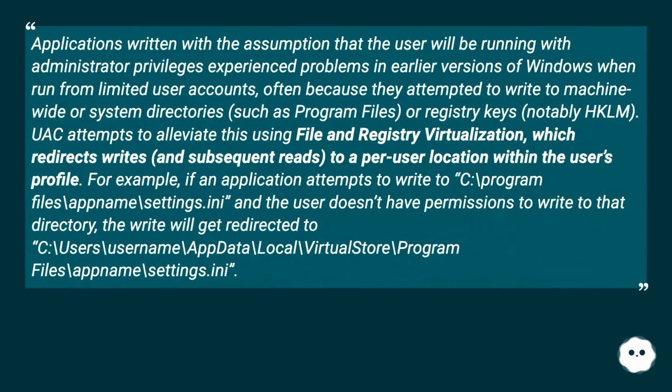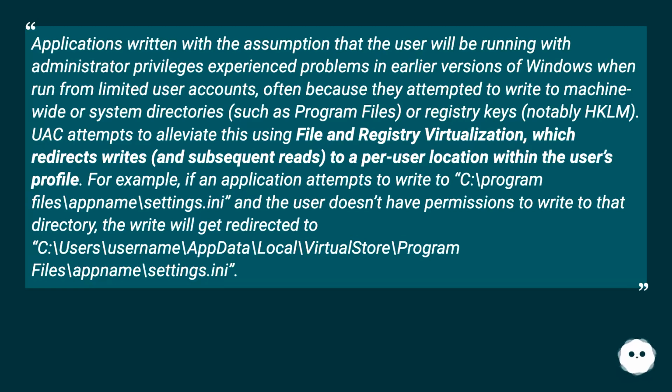Applications written with the assumption that the user will be running with administrator privileges experience problems in earlier versions of Windows when run from limited user accounts, often because they attempted to write to machine-wide or system directories, such as Program Files, or registry keys, notably HKLM. UAC attempts to alleviate this using file and registry virtualization, which redirects writes, and subsequent reads, to a per-user location within the user's profile. For example, if an application attempts to write to C:\Program Files